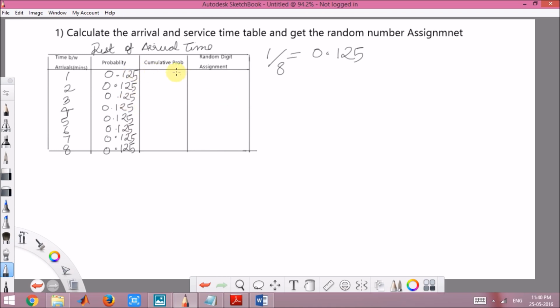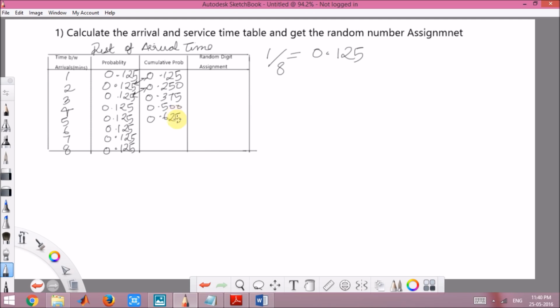Okay, so the next thing that comes is cumulative probability. Cumulative probability is the addition of the ones that were above it. So since the first case, there's nothing above it, this will remain 0.125 itself. The second row for this particular column will be the addition of these two. So 0.125 plus 0.125 will give me 0.250. Similarly, for the third, it will be the addition of these two. That will give me 0.375. And going on, so I get 0.500,